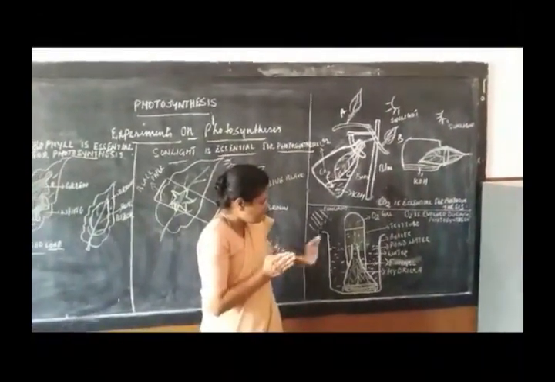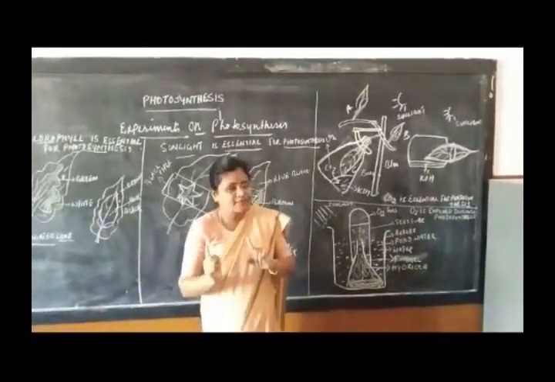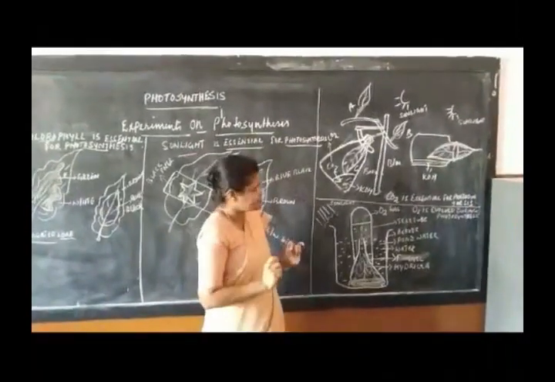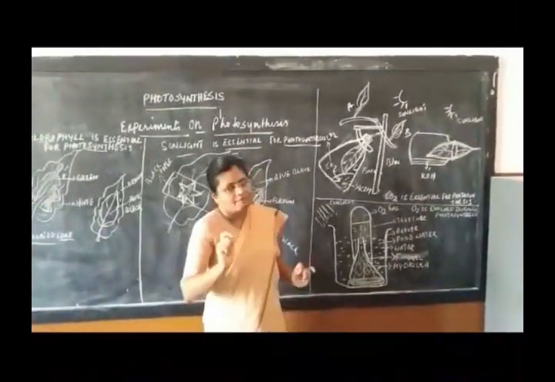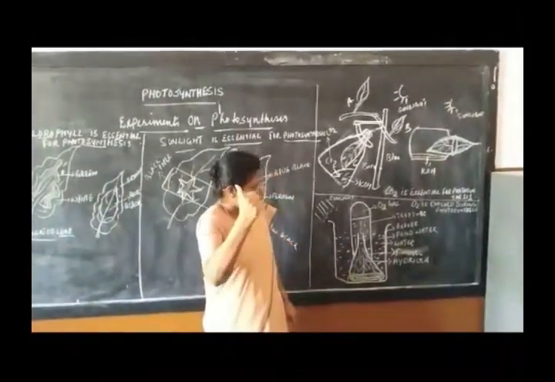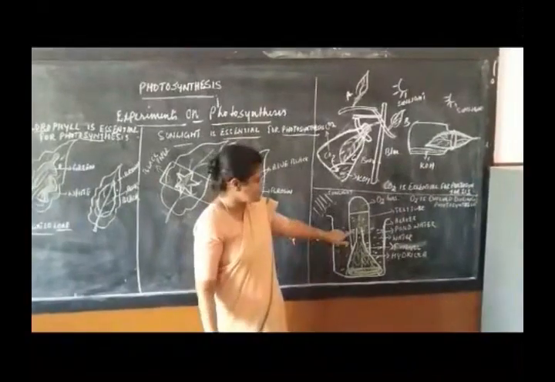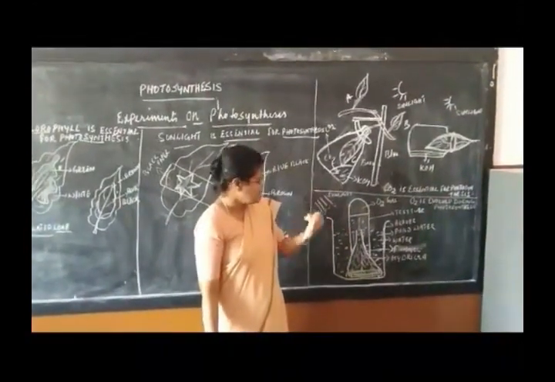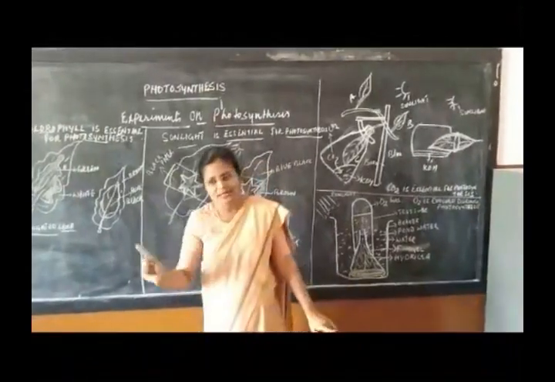We are performing the experiment with only the aquatic plant. We can use only the aquatic plant, since the entire setup is performed in water. And I will ask you why it is performed in water: in order to see the air bubbles coming up. Number 2, why do you use hydrilla, not another plant?